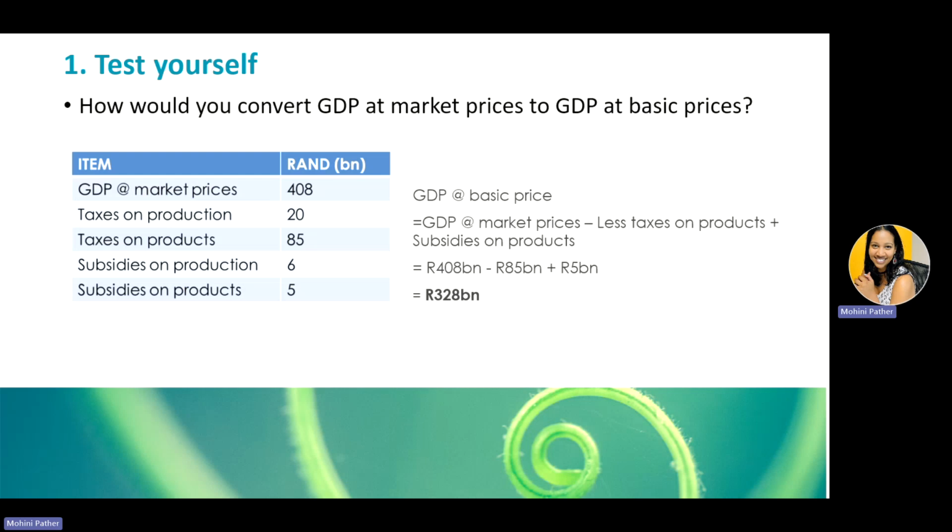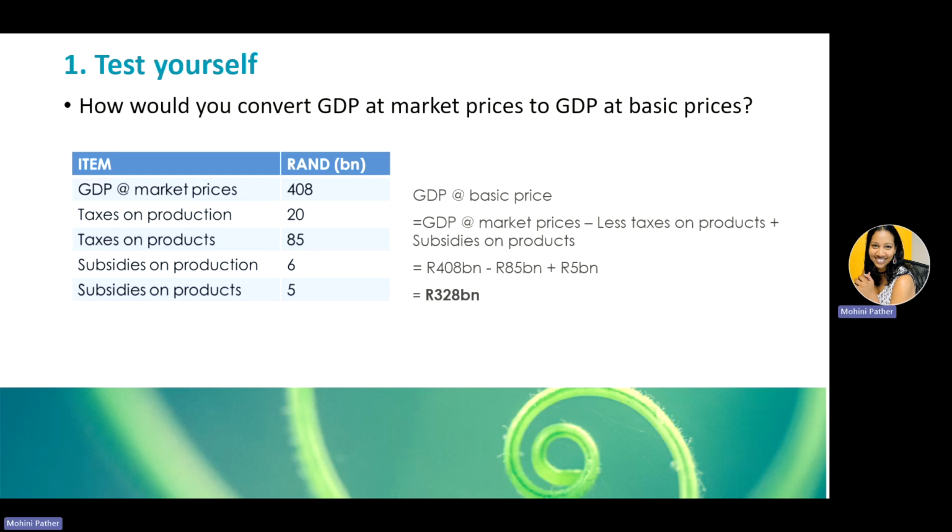Okay, so all you have to do is take your original value and then you're going to subtract your taxes on products and add your subsidies on those products to figure out what the actual contribution was. You will see here again the difference between taxes on production and taxes on products, and subsidies for production and